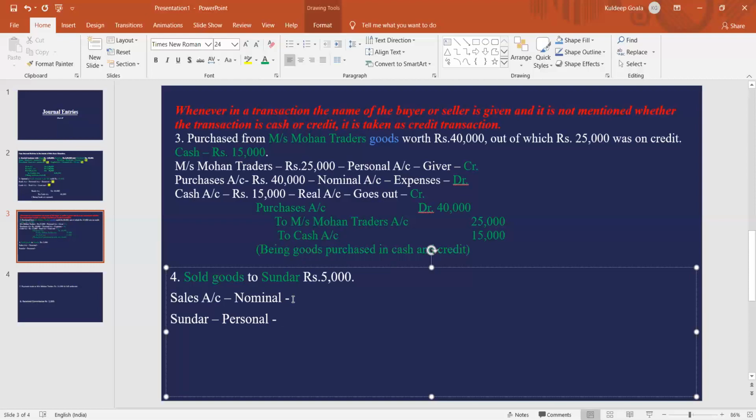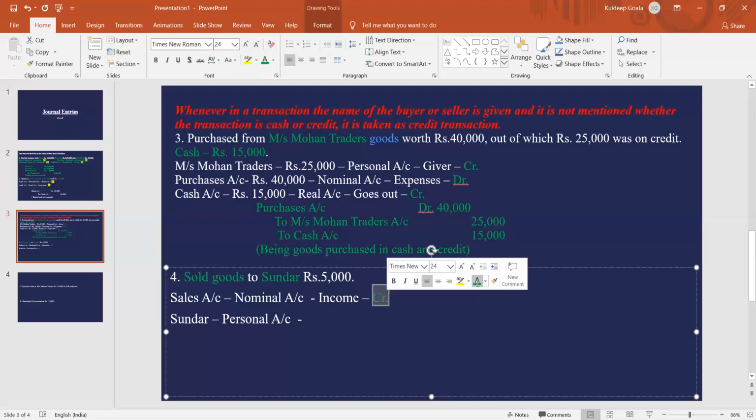Now, what is the rule for nominal account? So nominal account, the rule says that debit losses and expenses, credit gains and income. That means all the debit will include all loss, all expenses. Credit gains and income means credit will include all gain, all income, whatever income you get. So if you sell goods, although you are not getting the money now, but it is an income for you, you will get the money after a few days, right? So income will be credit, right? Income, credit.